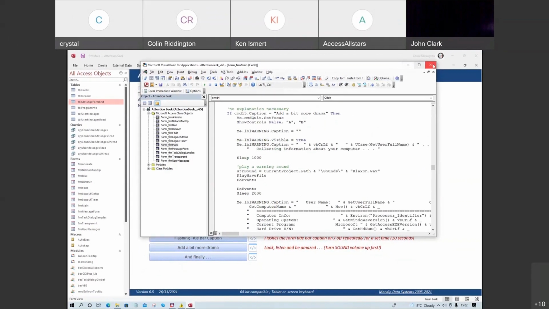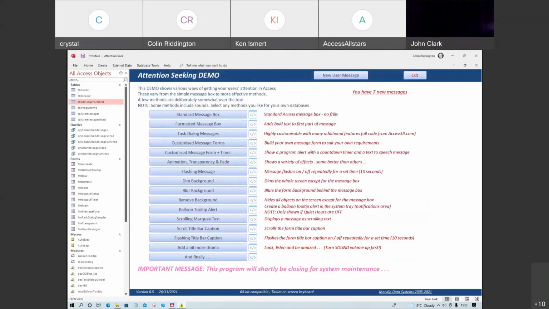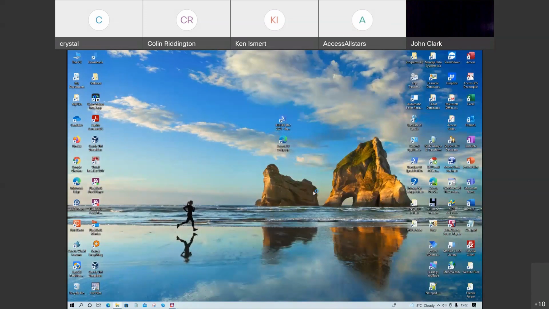This is Kim again. I posted a link further up in the chat window for another application that they provided for free that does a message box that looks very similar, and you have total control. It's much nicer than what you get in the current Access message box, and you have a lot more control over how the text looks. It's basically set up as HTML text, what you want to print in there, and it looks really nice. So if this isn't going to help you, you can check that out. Thank you. Great, thank you.